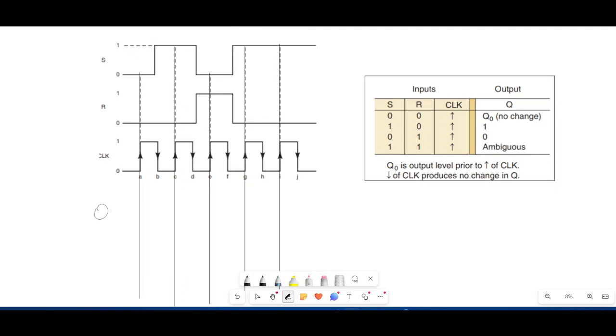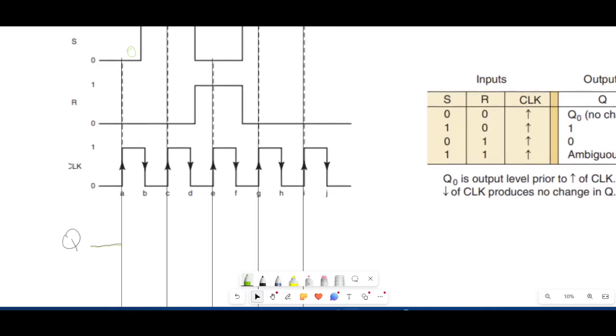So let's start drawing our output Q. Now this is only focused on the positive going signal. So assuming the initial Q is 0, it's going to go from 0 to here. And make use of the green marker. Now at this point we only take into consideration what we see in the S and R immediately after the positive going signal. Then we ignore every other thing till we get to the next positive signal. Let me show you. So S here is 0, R is 0 as well, and that means no change. So we're going to keep going with no change